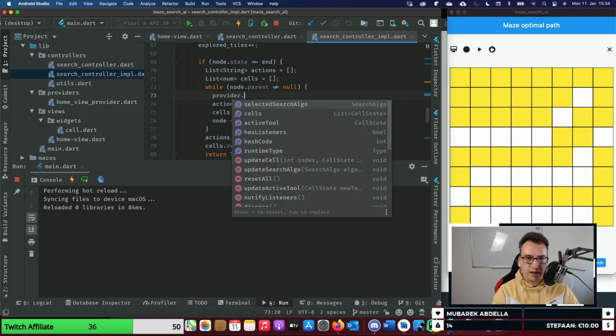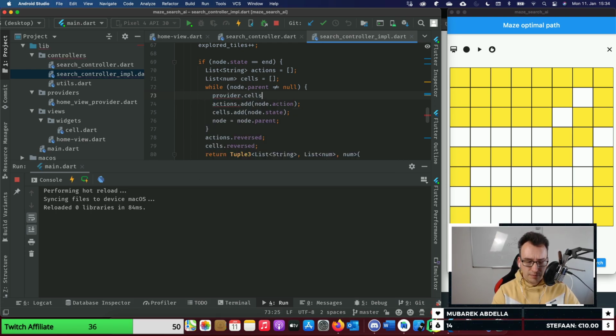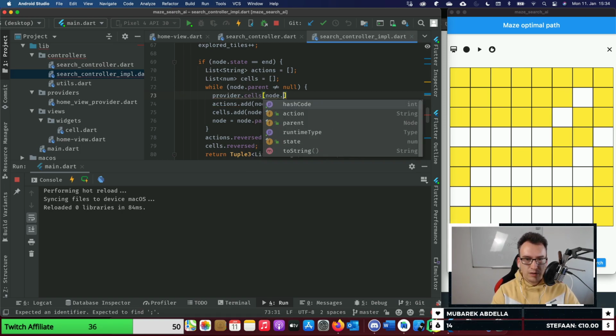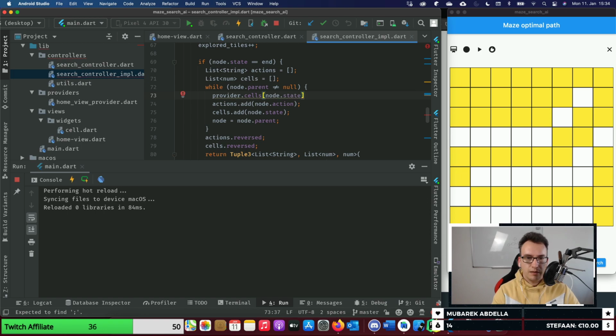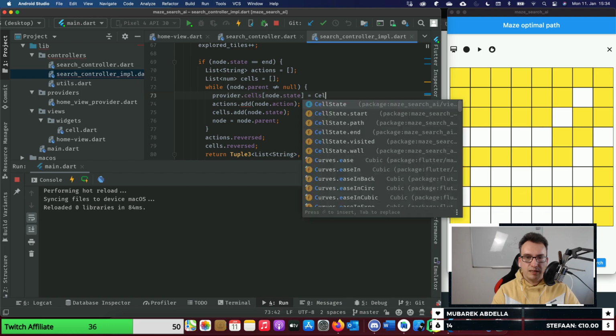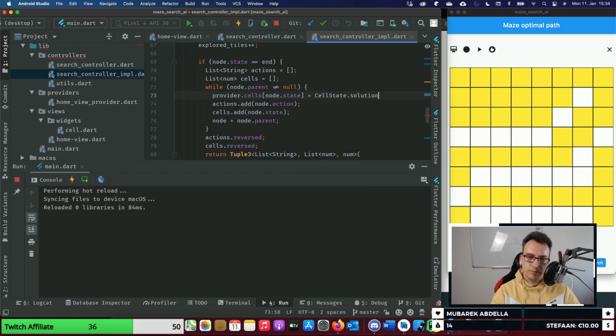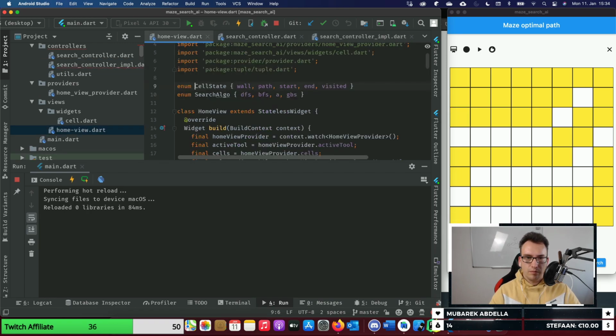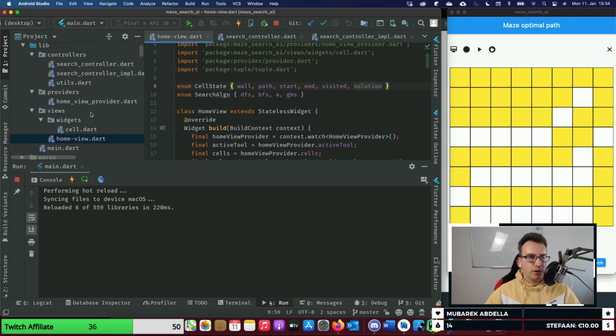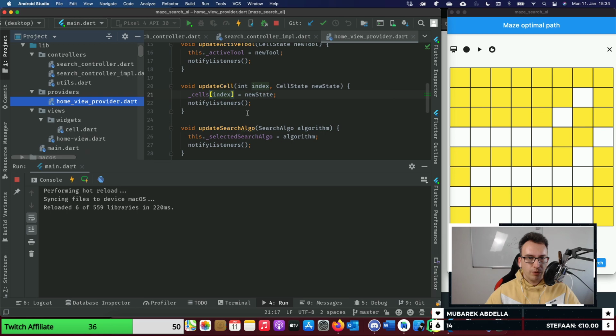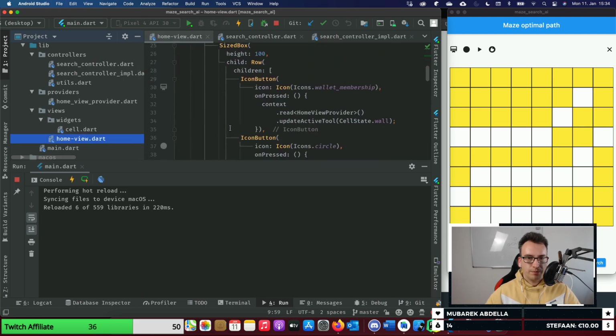So we have the provider, we use our cells, and what we need is the node.state, and that is equal to cell state solution. And inside of our home view provider, home view,